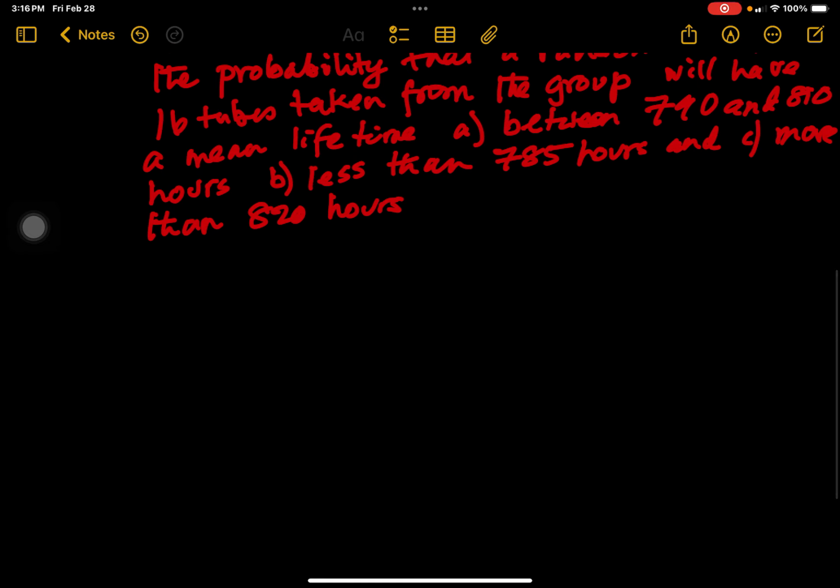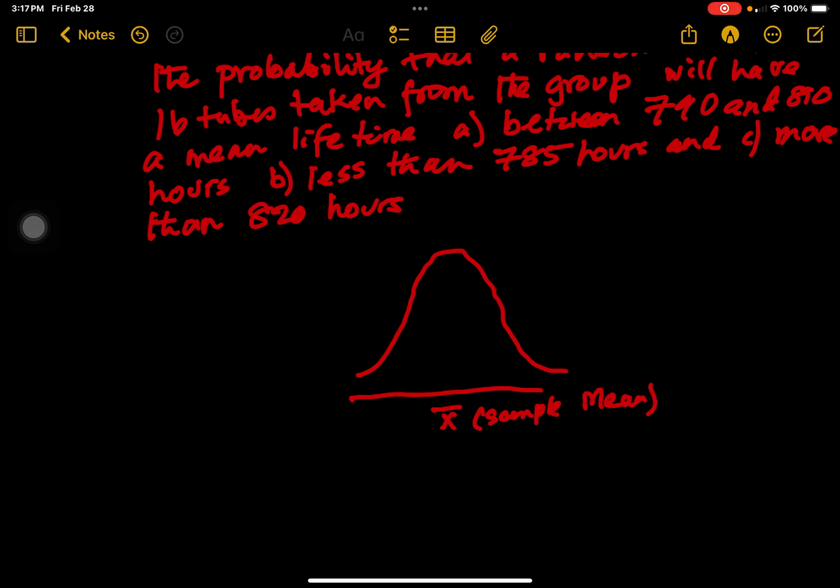Like I was saying, this is a sampling distribution of the means. So, if I draw the bell-shaped diagram, on the horizontal axis I have sample mean. The center where the relative frequency is highest, so this is the sampling distribution of sample means, or probability distribution of x bar. From the central limit theorem,